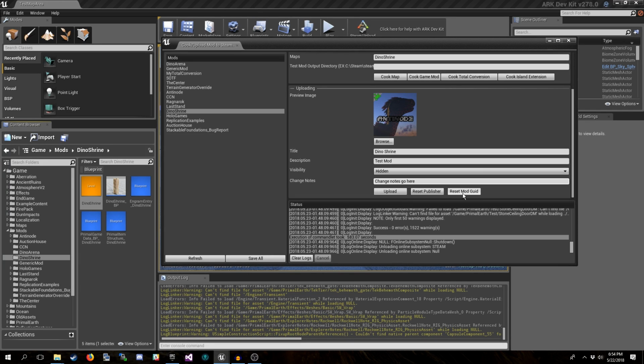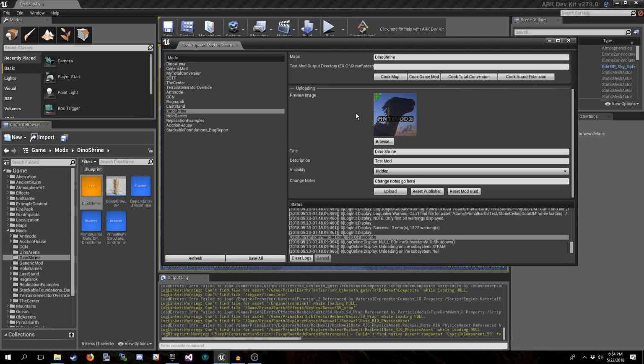And then reset mod GUID. Now this one has caused some confusion for people in the past. I'm sure you've noticed that sometimes when mods update, you will get a version mismatch error when you go to connect to servers. And this is because the mod author has determined that the update requires both server and client to take this update.